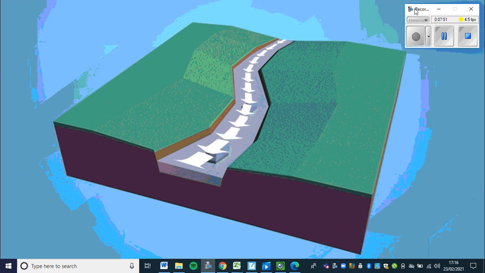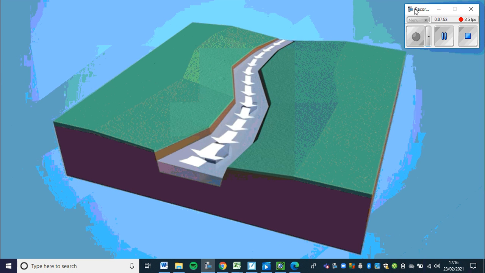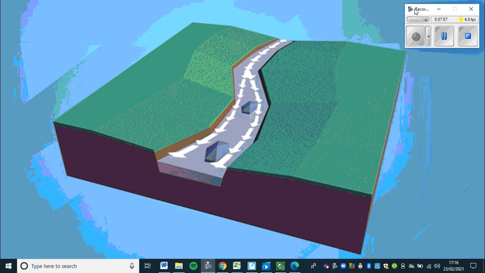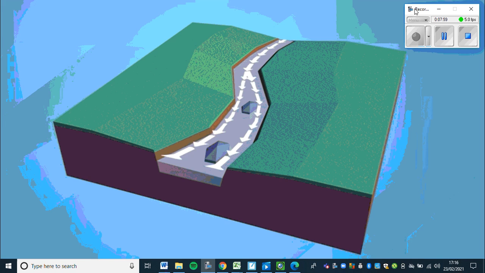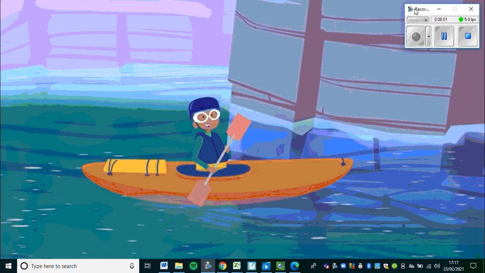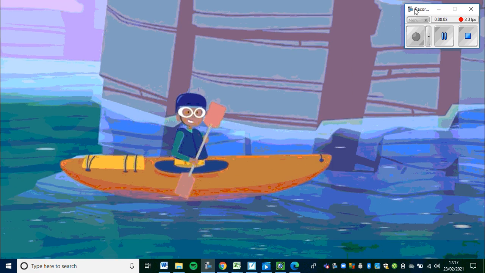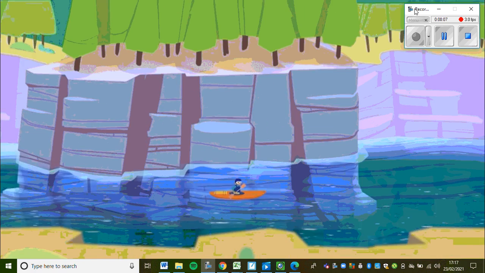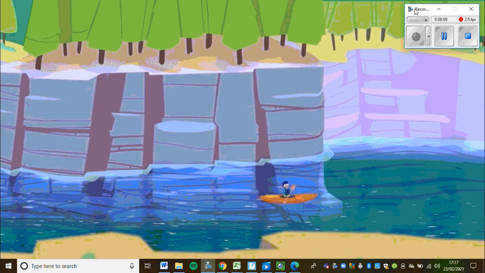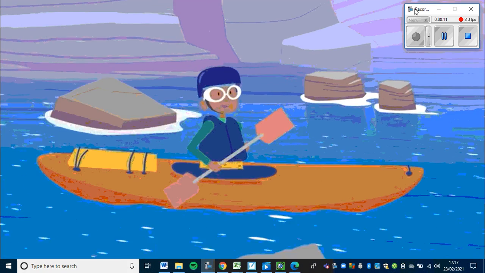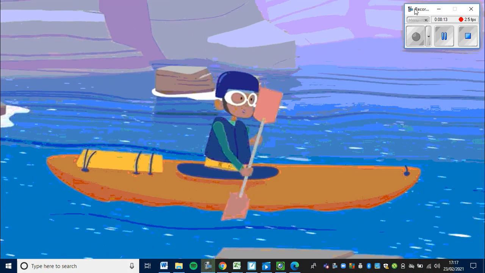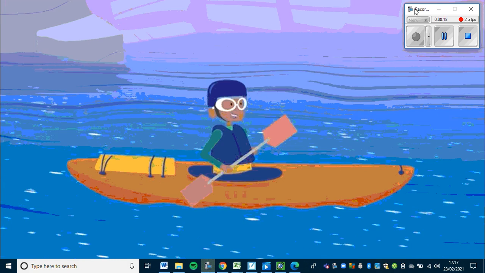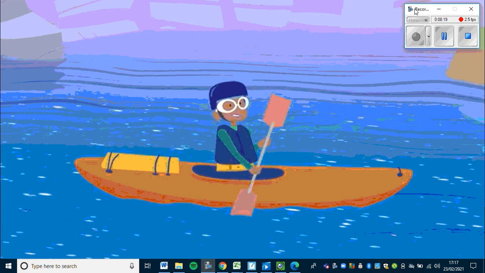Rivers always flow downhill because of gravity, going where there is the least resistance, so they meander or move around obstacles like large rocks and hills. Over time, they erode or wear away soil and rock to create canyons and gorges. My kayak is being pushed along by the water as it gradually flows downhill. The water looks quite flat here, but in other places it can be much steeper, like